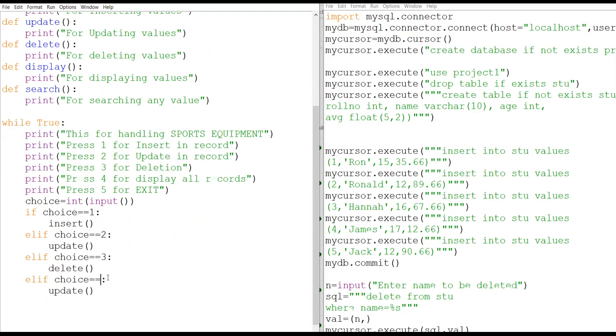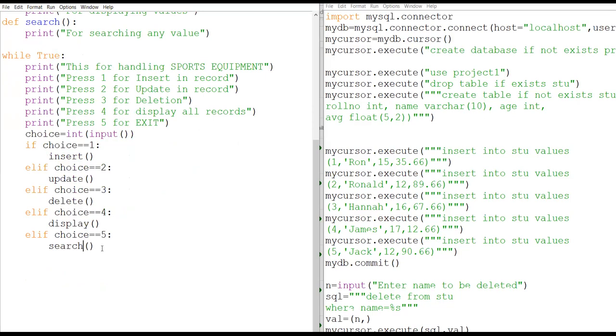We are going to make one more option, that is for display, and for search also we have to create. So that also we will do now. Then if choice is 5, in that we will be making search. Okay, so like this you can make as many program functions as you want to make.